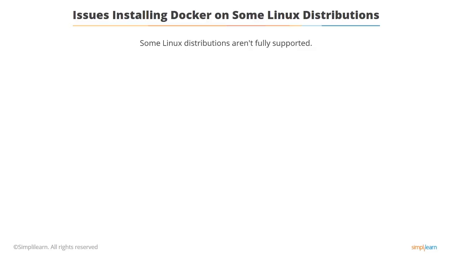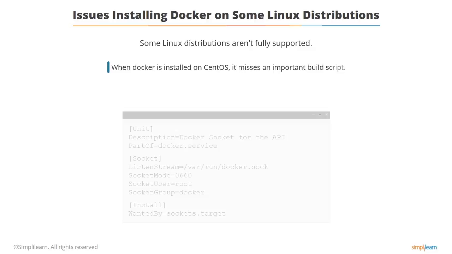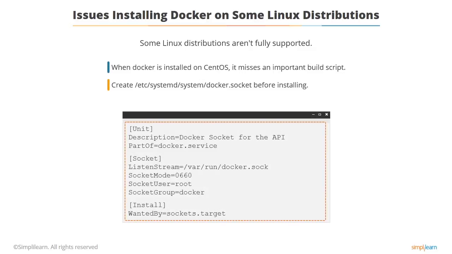For CentOS, I tried to install Docker on it and there were files missing, particularly this one. Without that file, Docker on CentOS will simply not start. I just put that file on the machine and everything was fine afterwards, but there are some bugs associated with certain distributions. CentOS is only partially supported apparently for some reason because of the missing script, but once that script's there, everything's fine.